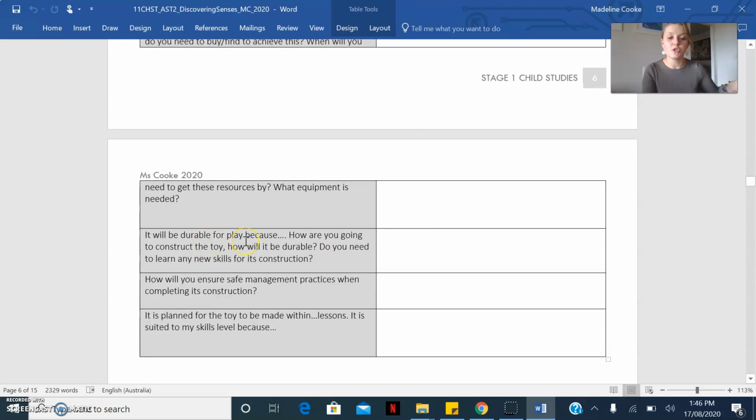Will the toy be durable for play? Okay, it will be durable for play because how are you going to construct the toy? Why will it be durable? Do you need to learn any new skills for its construction? Are you using like Photoshop and you've never used it before to make a book? Okay, planning and giving detailed responses here. So you are able to achieve well in this action plan, okay,